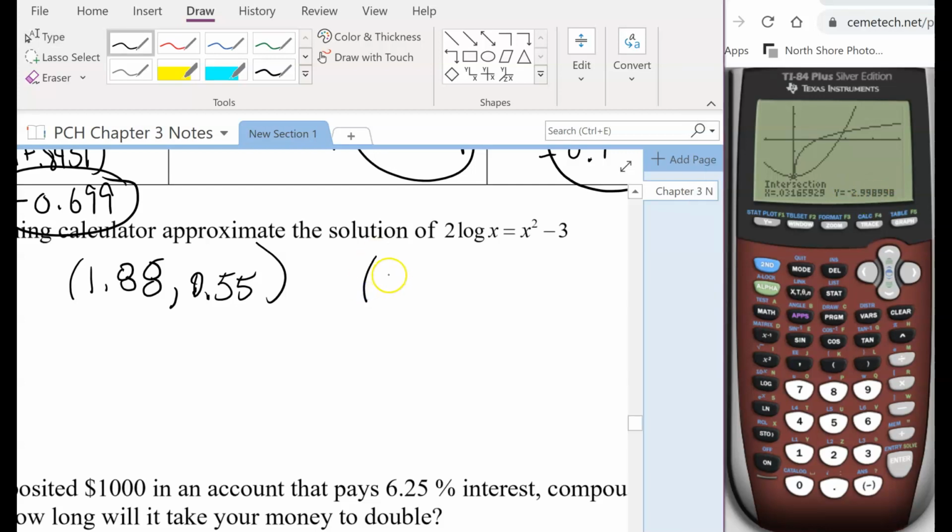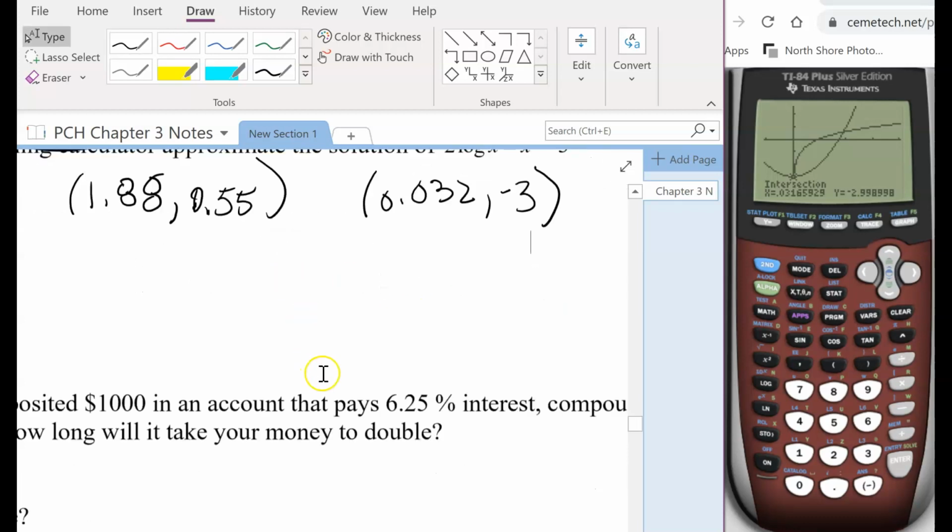So we've got 0.032, and we'll just go with -3. Alright, so there's our two intersections. Alright, moving on